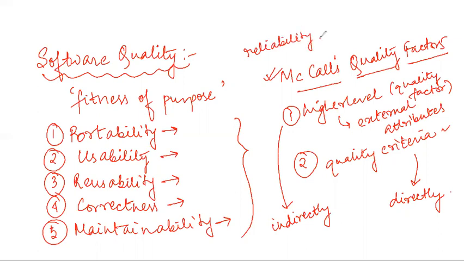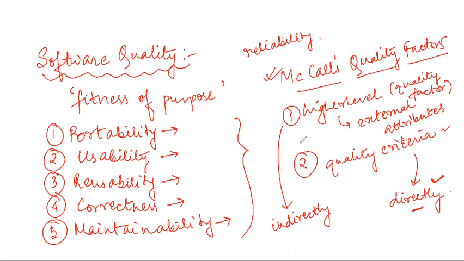But inside this reliability, if I detect the number of defects, then I can detect over which period of time this number of defects has occurred. So these are my direct measurements. These two things, detecting the number of defects and the amount of time, are low level quality factors. This can be obtained directly, so it's a low level quality factor. And this entire reliability can be obtained indirectly, so it is a high level quality factor.